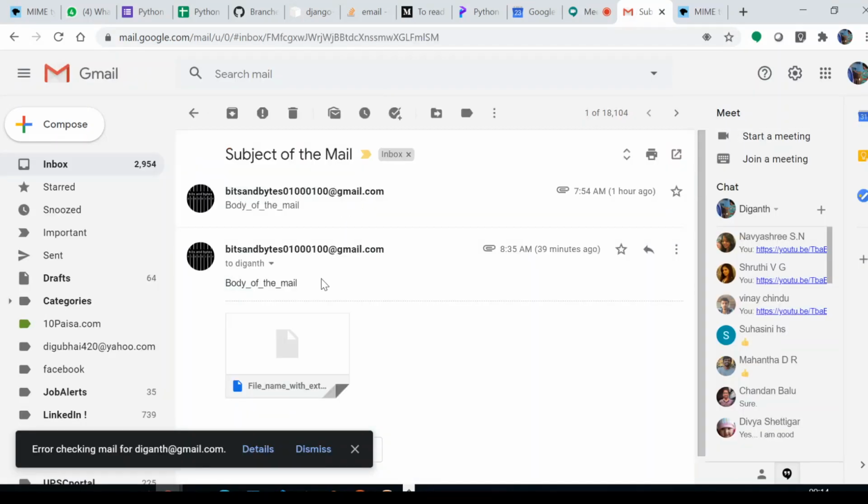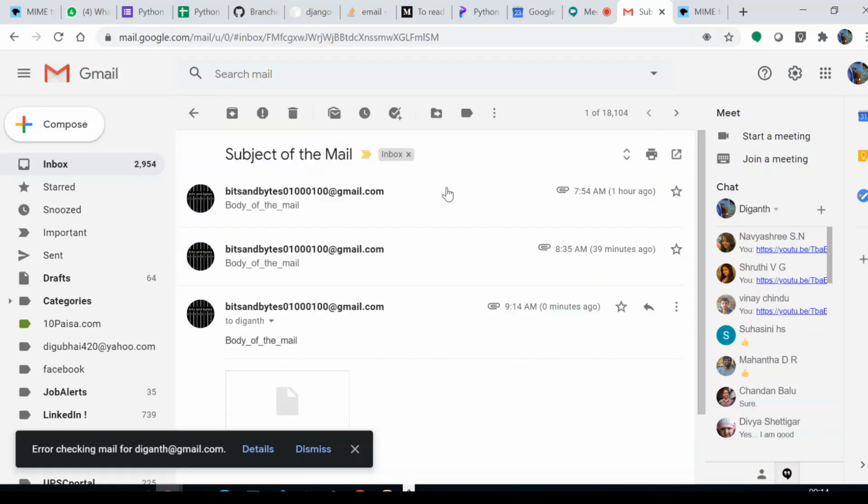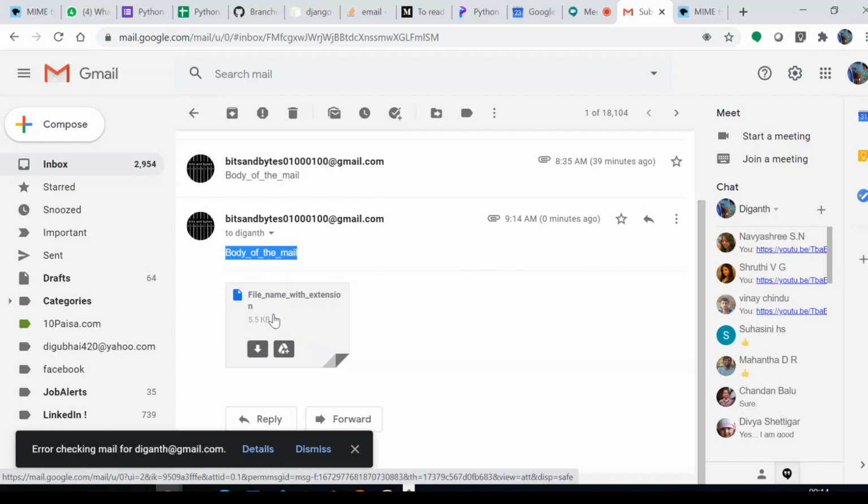This was the mail that I had sent a couple of days ago. Now there is a new message. You can see that it's 9:14, so it's 9:14 here. We just received a mail. So we need to modify this. This is just a sample, and we can even see that this is our file. We will send the actual content. This is just to verify whether our mail thing works.